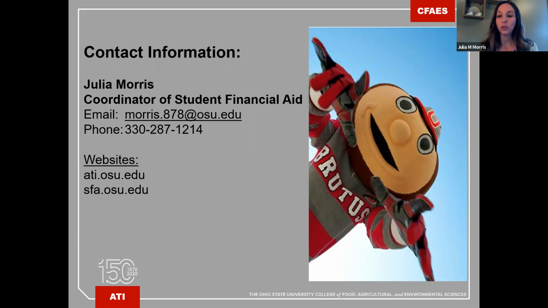Okay, so it looks like someone's going to be commuting, but on the aid summary, it's factoring in housing. You can basically factor that out. That's perfectly fine. What probably happened is that when filling out the FAFSA, maybe you indicated he was going to live on campus, so it was factoring in that cost of attendance. But what initially will happen on his statement of account is he'll be billed for tuition and fees, and he won't be billed for housing if he's not living on campus. So you can exclude those costs.